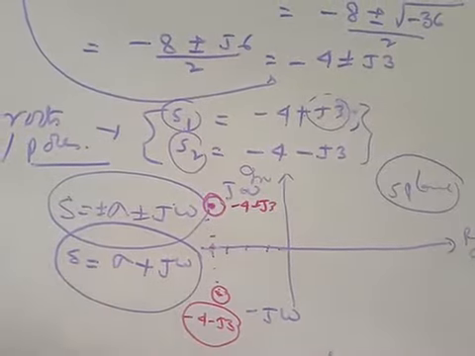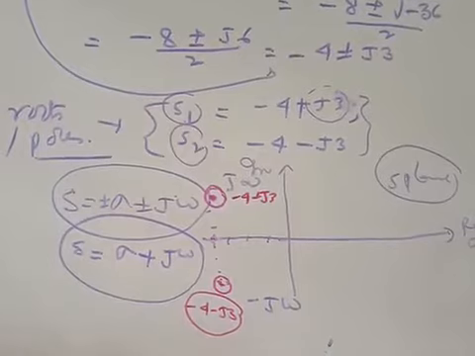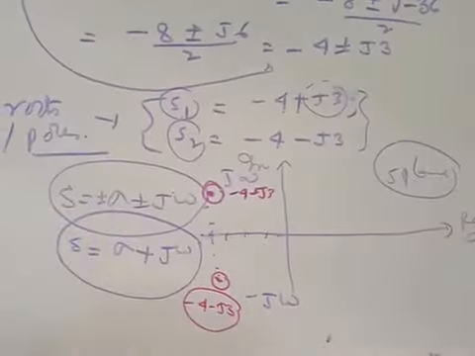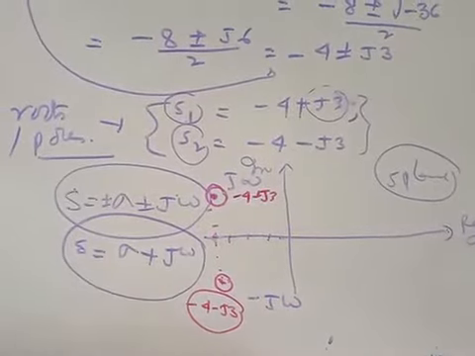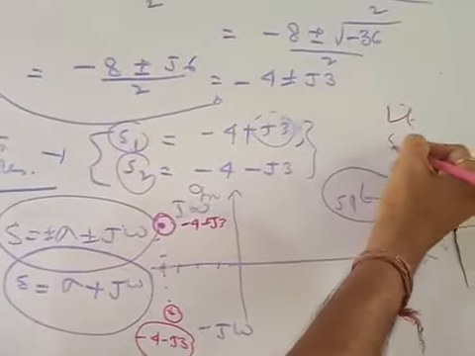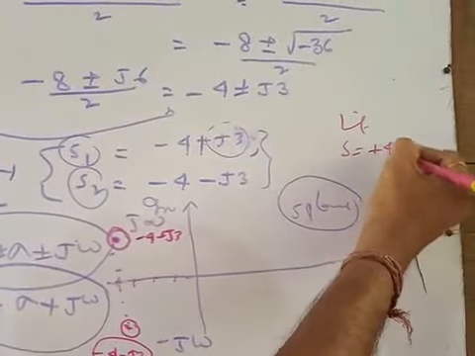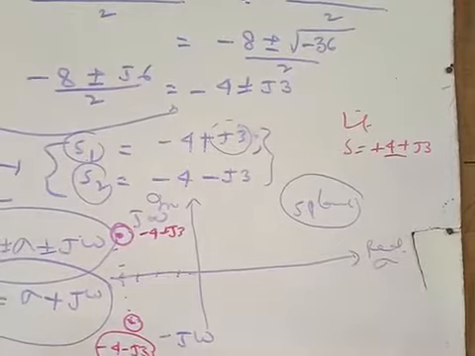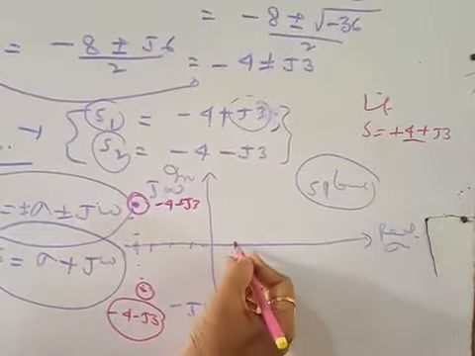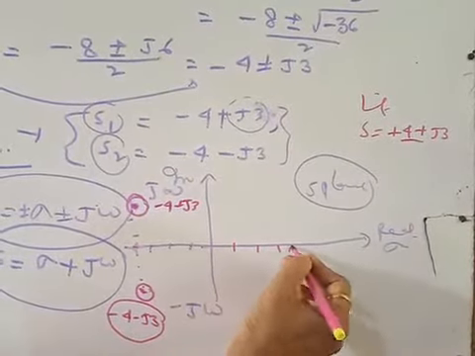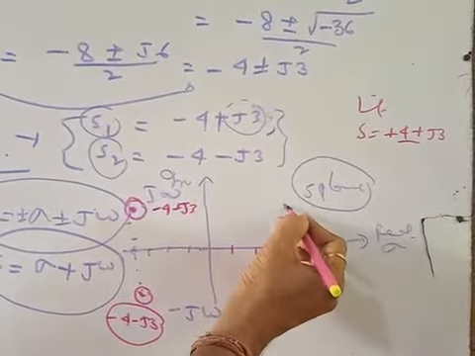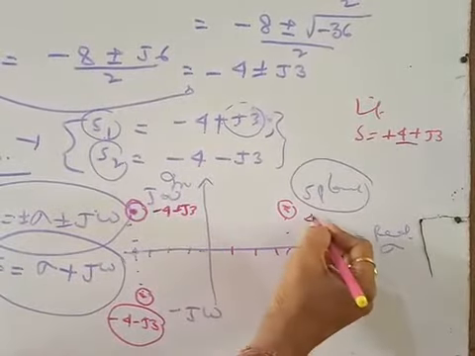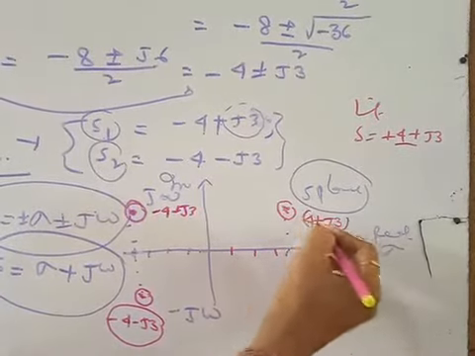That means once you get the roots or poles of the system, you can have an idea where these poles are located. Say for example, if s is equal to plus 4 plus j3, then where will it be located? This is plus 4, that means 1, 2, 3, 4 along this axis, then 1, 2, 3. So this is the location of the pole. So you get the locations of the poles like this in the s plane.